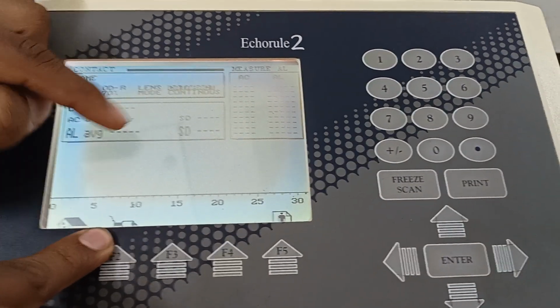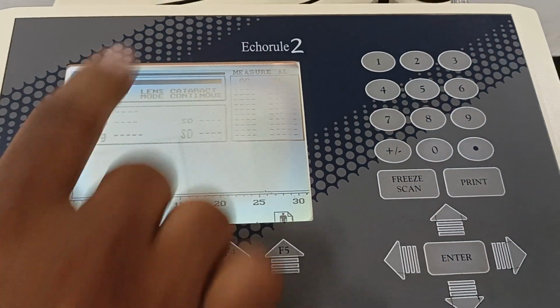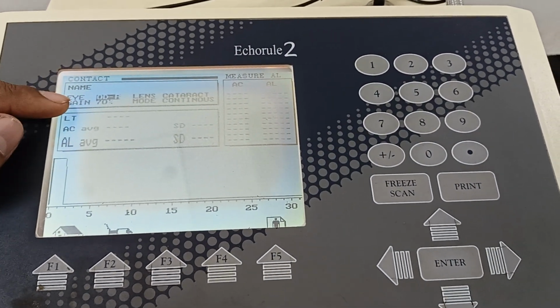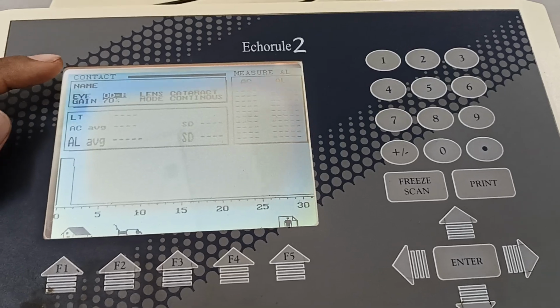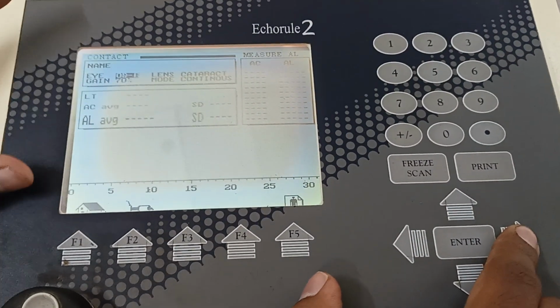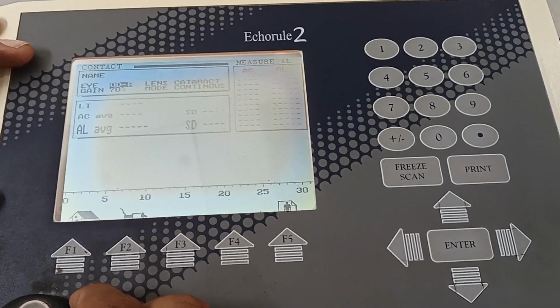One is the home image, another is the probe image. After entering all the data, let's say very first we are not entering the patient name now. So enter name, then you have to select OD or OS. It is on OD by default. If you want to change it to OS, just press this arrow, it will be the left eye now. Again if you want to change, it will be the right eye. Clear? Once it is done, move next.